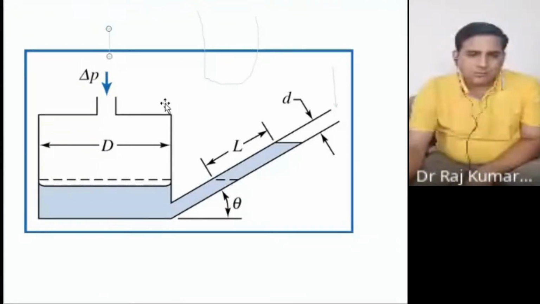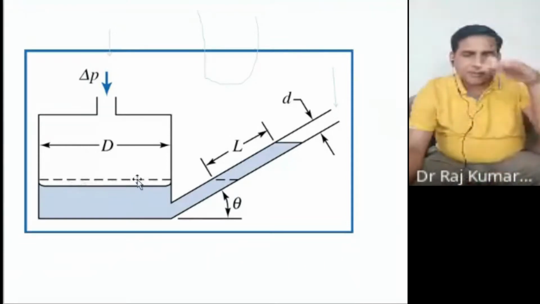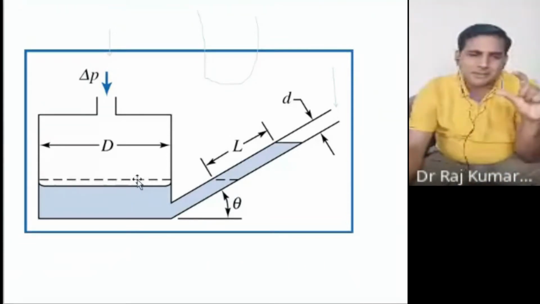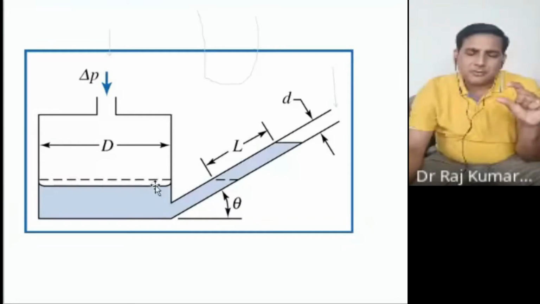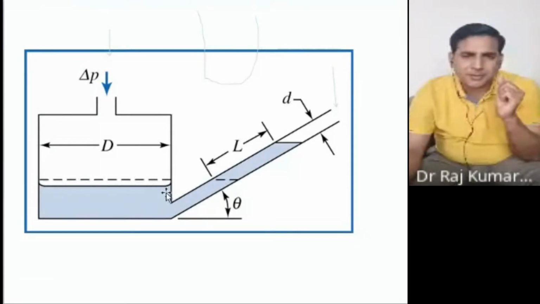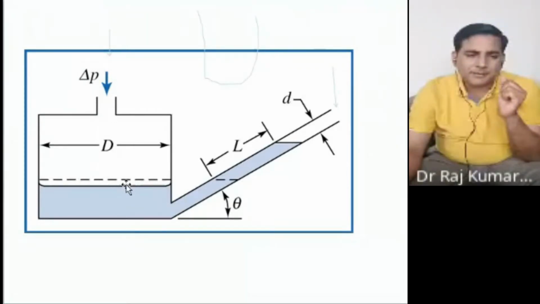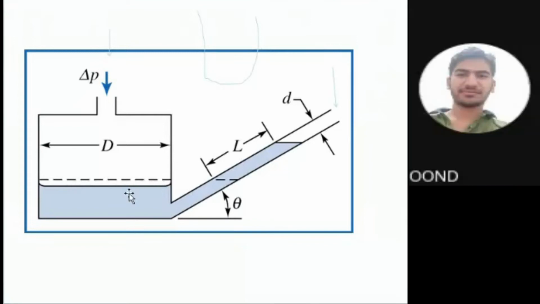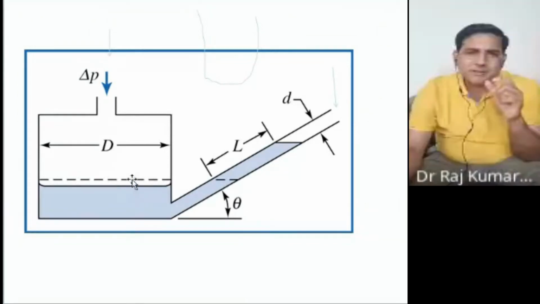So once you connect these two ends to a particular pipeline, you see the difference here. The meniscus has a vertical change of just this much. This you cannot measure by a simple U-tube manometer, because it is of the order of just 1 millimeter. So you cannot measure it much more precisely.